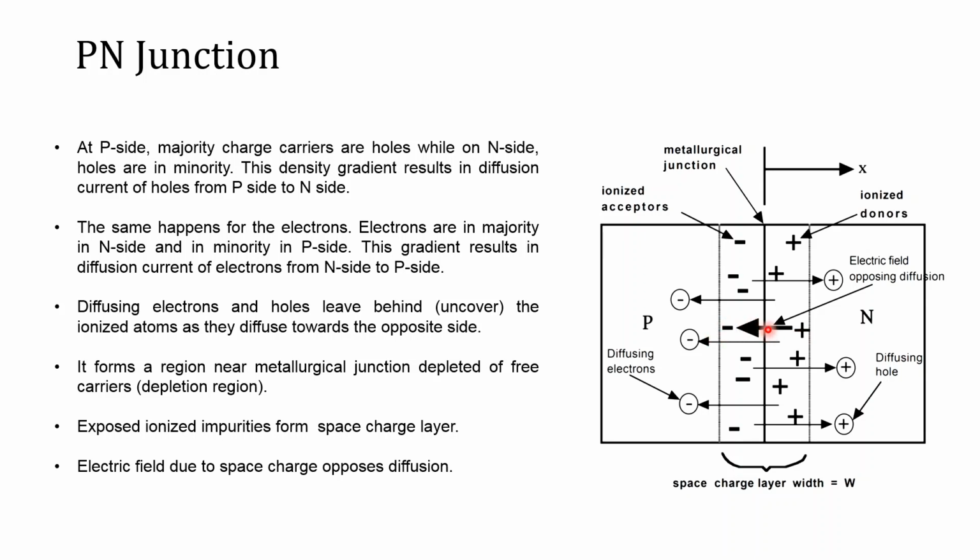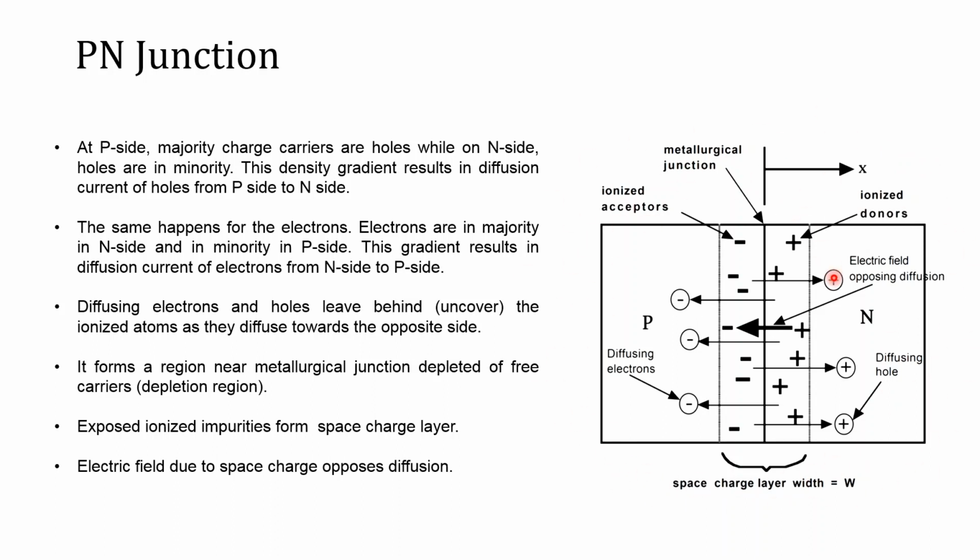This growing electric field will oppose the diffusion current, because the direction of current is from P to N. As the electric field is made stronger by this motion of charges, at one time it will be strong enough to completely block the diffusion current, and at that time further increase of charges stops and the PN junction comes into